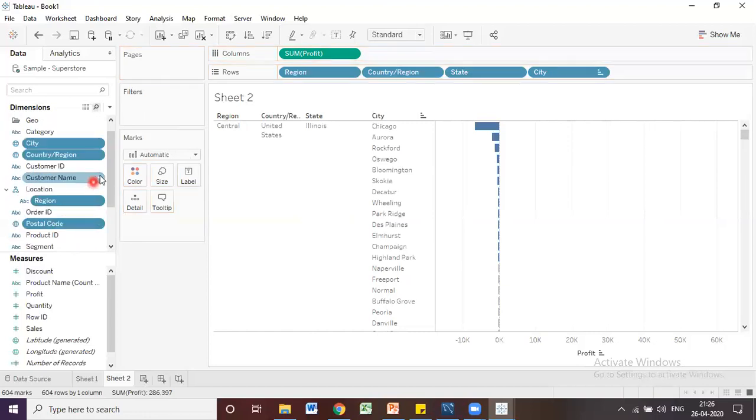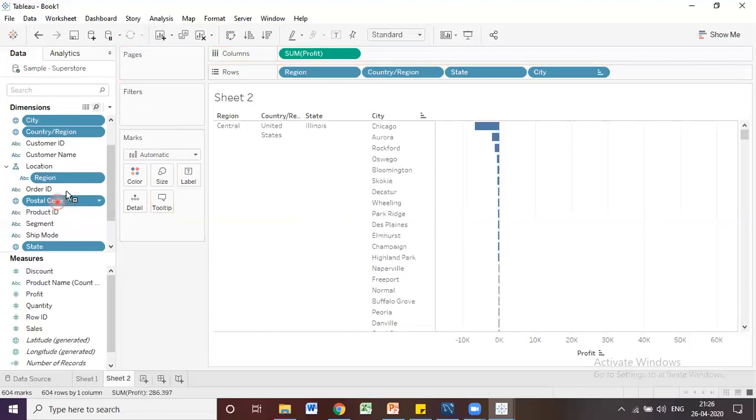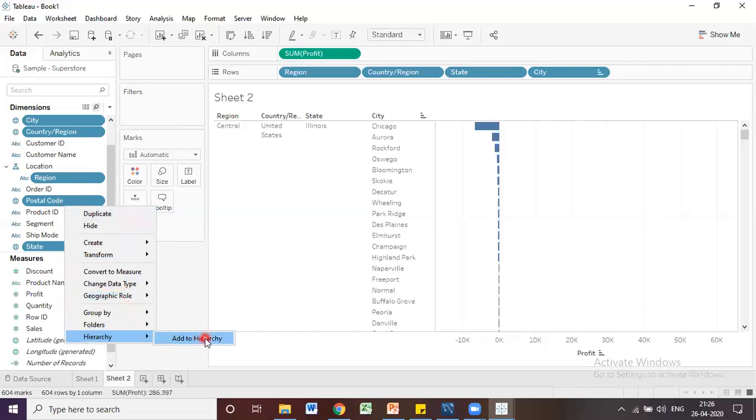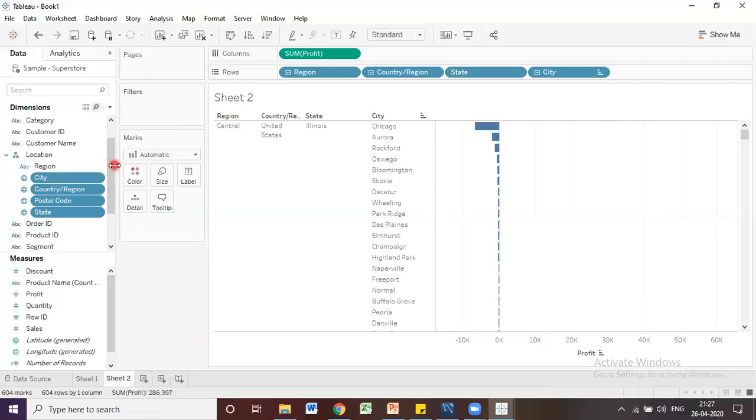Once you drag this into the hierarchy, okay, it didn't come correctly. One second. So what I will do is add all these four columns into the hierarchy, Add to Hierarchy.